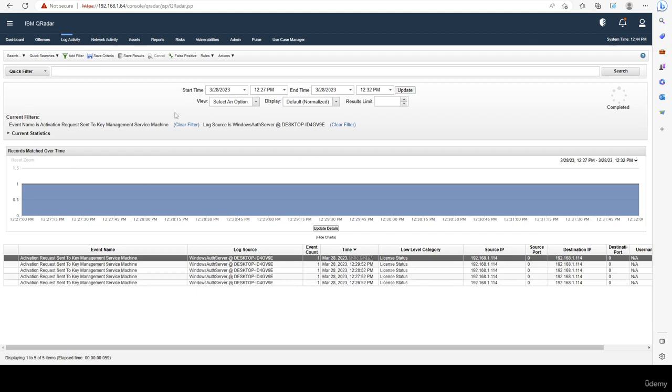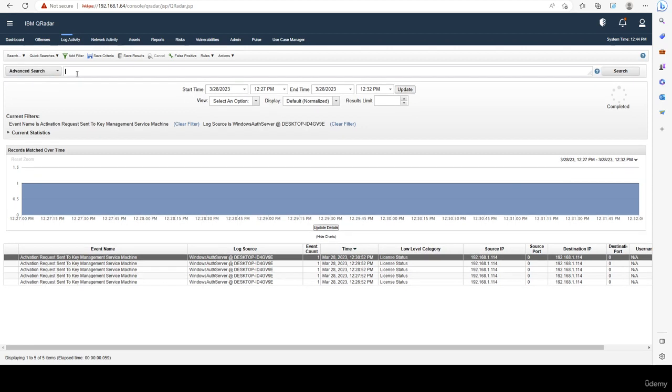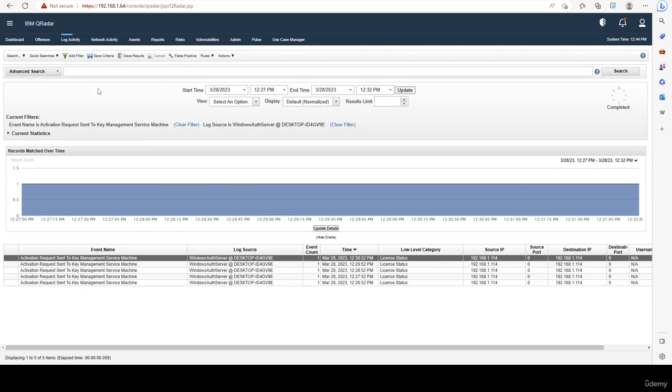So, using the example from our previous video, let's say, for example, I would like to create an AQL query to search only for those filters. So I have multiple ways to do that. First of all, I can go ahead and switch from quick filter to advanced search, and I can start typing manually my AQL. However, my preferred way of doing it, QRadar has a sort of automated tool to generate those searches, is we